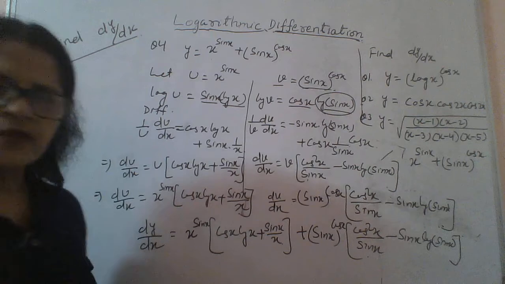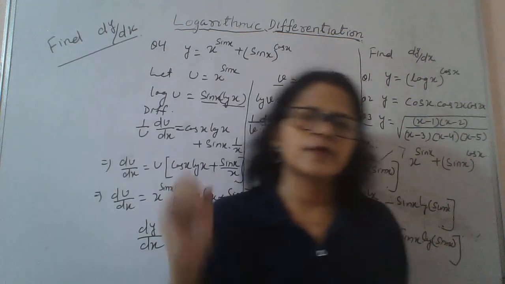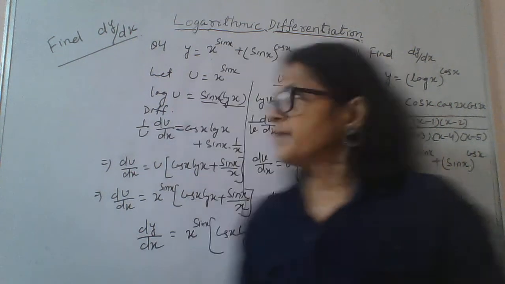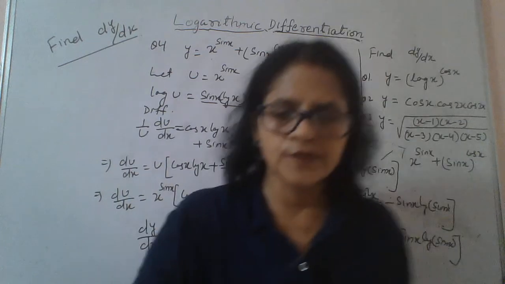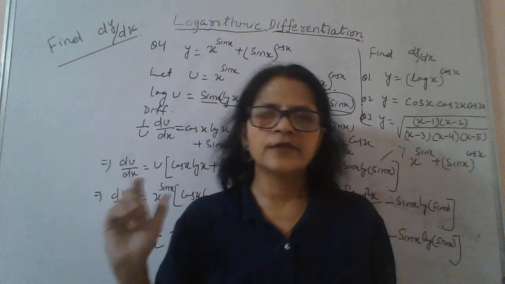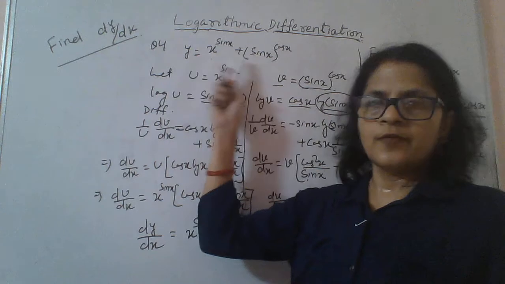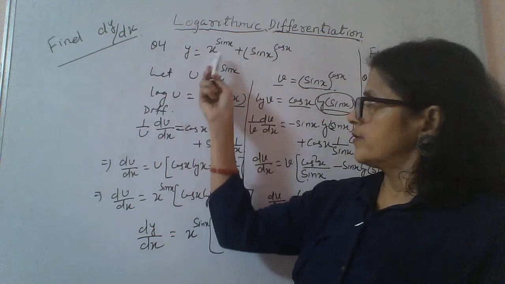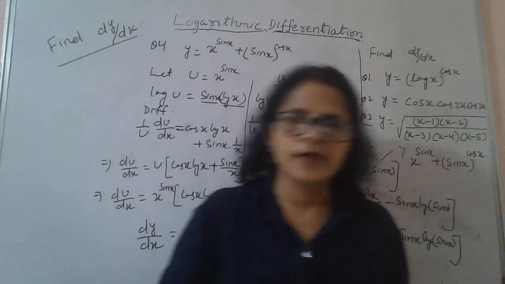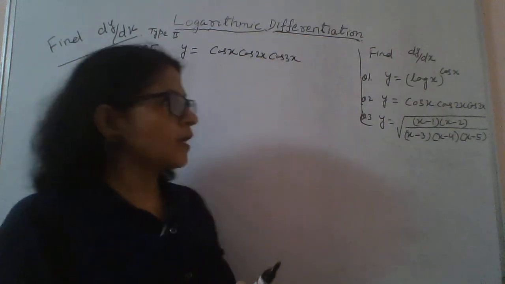Okay, so this is the answer, and such questions come in 4 marks. Even the previous question also many times has come in CBSE exam, and this is also one of the important questions from CBSE exam point of view. And the common error children make here is that they take logarithm of both sides, log y equal to log this plus log this. Please be careful here.